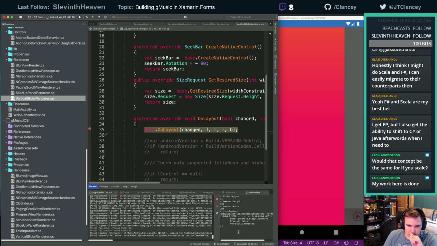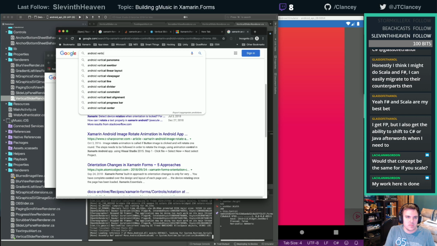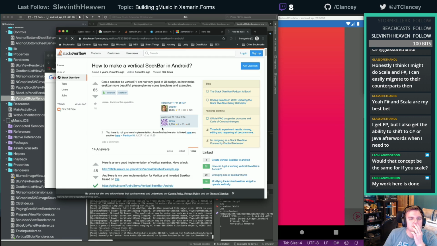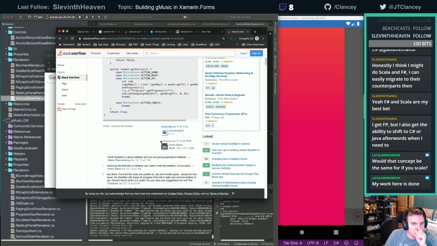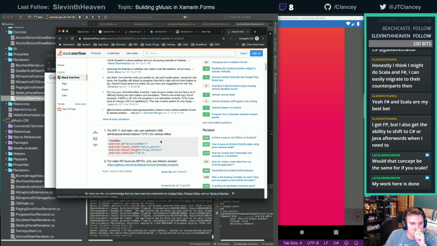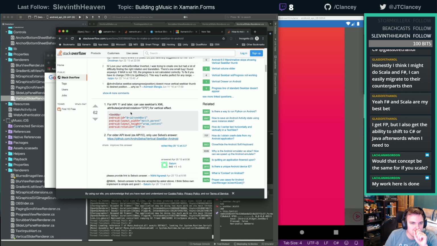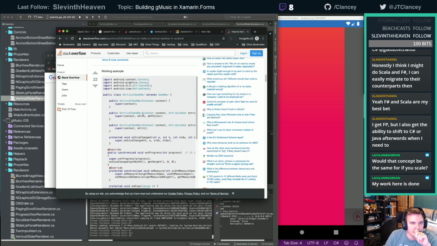This dot control. Yeah, they just did the rotate, but now the height is funky.